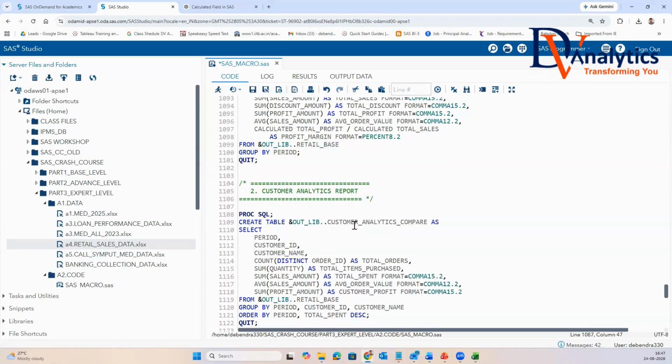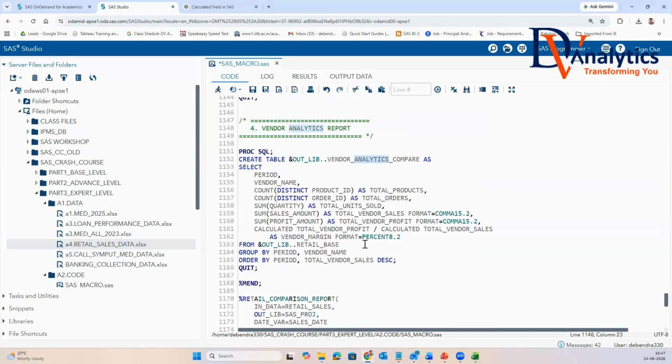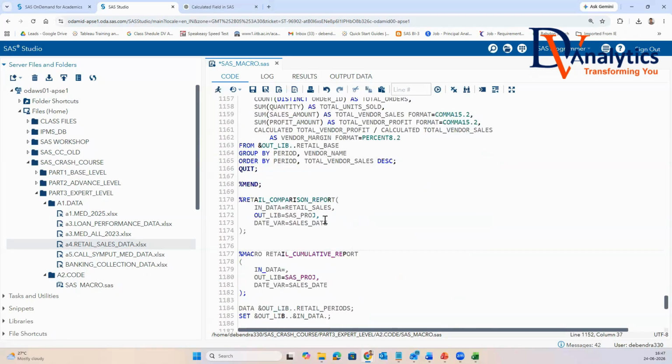Then customer analytics compare table. Then you have a product analytics compare table. Then we have a vendor analytics compare table here. Then we go for creating this comparison report, in data as retail sales, which you are creating. You just call the macro variable to this here. So this is one macro where you are going to call all the comparison reports. Now for this comparison report here, what I'm calling is my in data